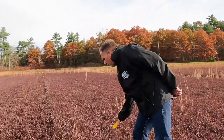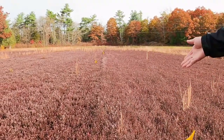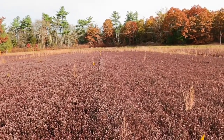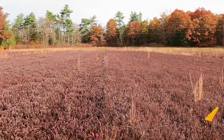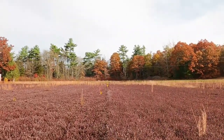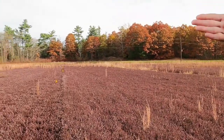And that's what these yellow flags are denoting, the very center of this piece. So you can see in the middle here, the vines are kind of higher where the flags are, right in the very center, and that's because the vines are trained to grow in one direction. And they pick in a circular motion. So the harvest machines go down this way, they turn around and they come this way. And in the middle, the vines are kind of going in both directions. So that's the hardest part of a bog to harvest, is that center line, because the vines are going each direction. And you can easily get caught up in the harvest